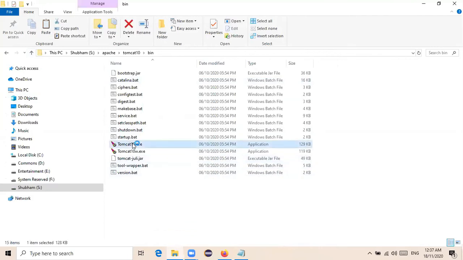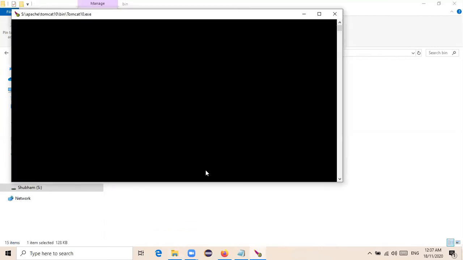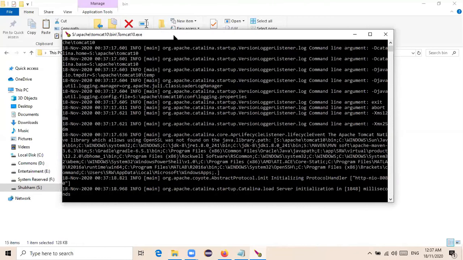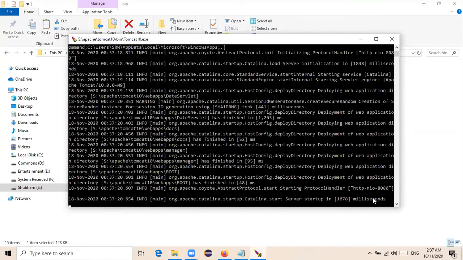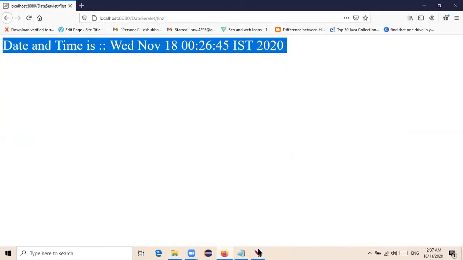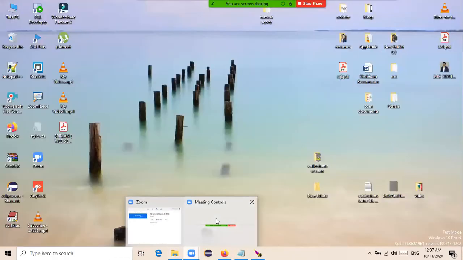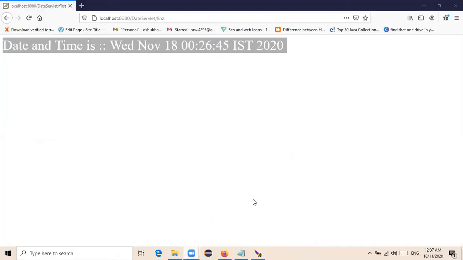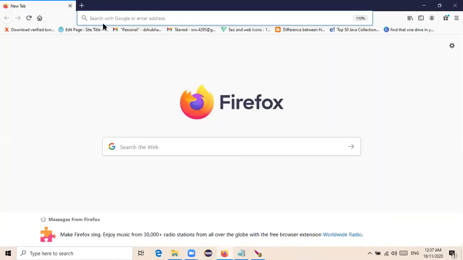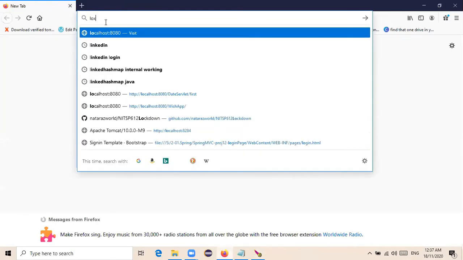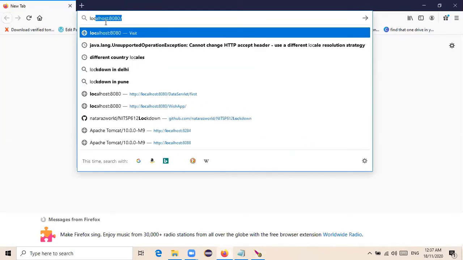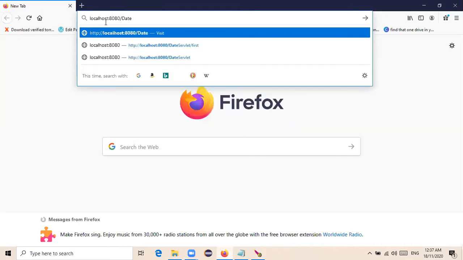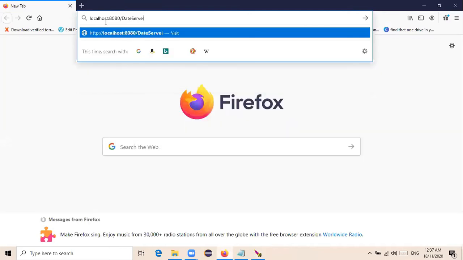Let me start my server. Okay, my server is starting. The server has started. Now in the browser I need to pass localhost 8080, then the web application name, which is DateServlet.